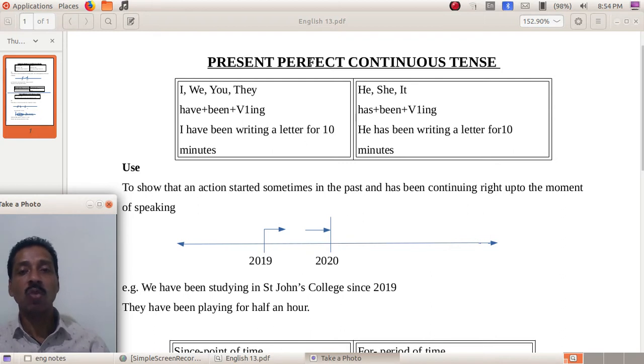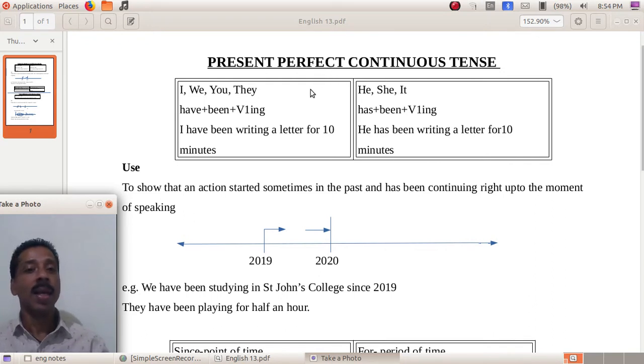So here it is very clear that there is the auxiliary have or has, then there is the auxiliary be, then main verb. As the last part is continuous tense, the main verb should be ing form. So before the ing form, be form should be there, and before that the present perfect auxiliary have or has